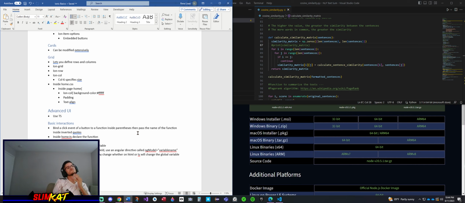Let's select admin, and try again. This time, we get the console log that says admin, which is the value we selected. Select user. And the value of the corresponding ion-